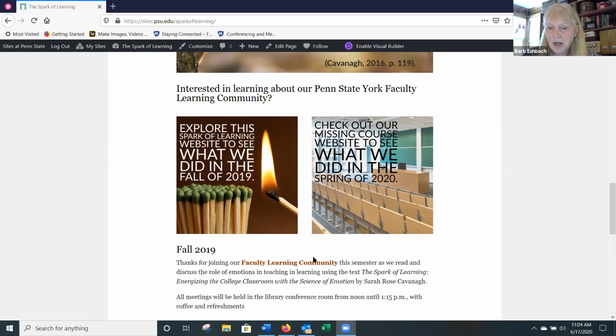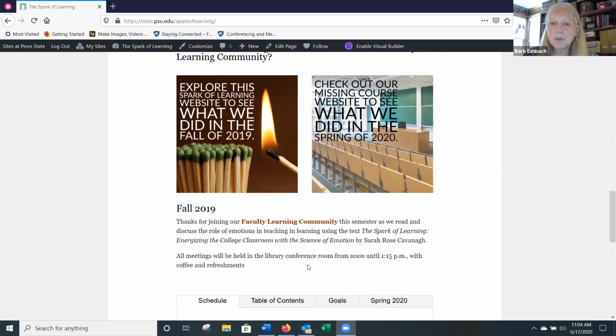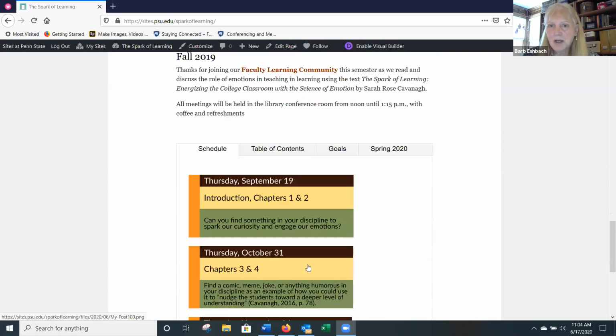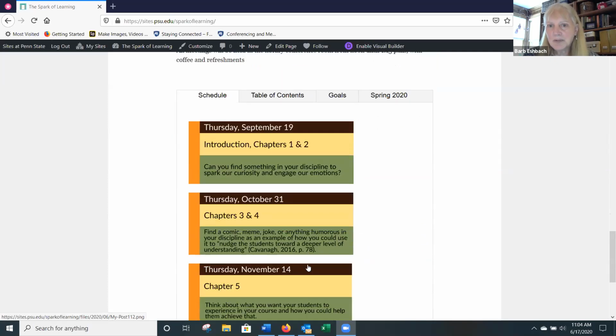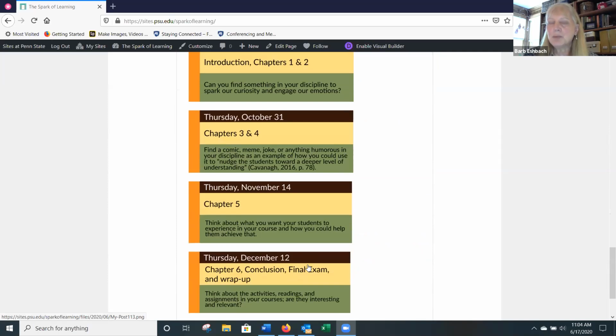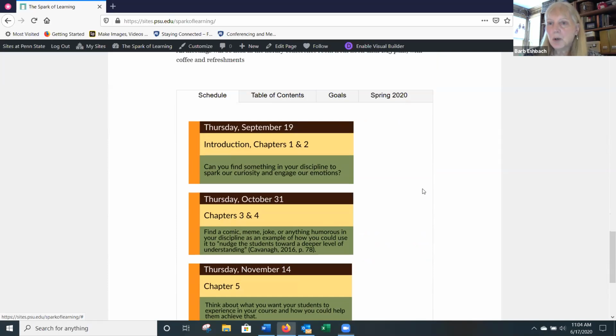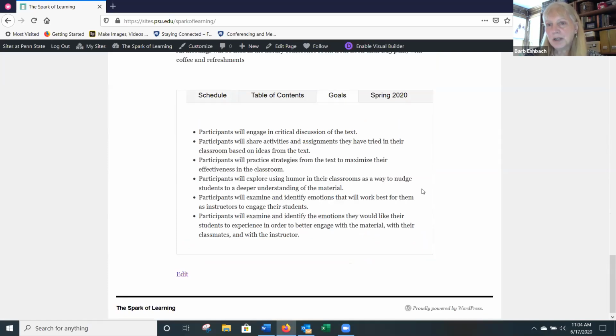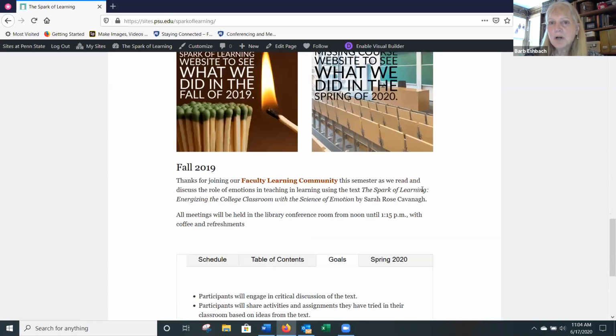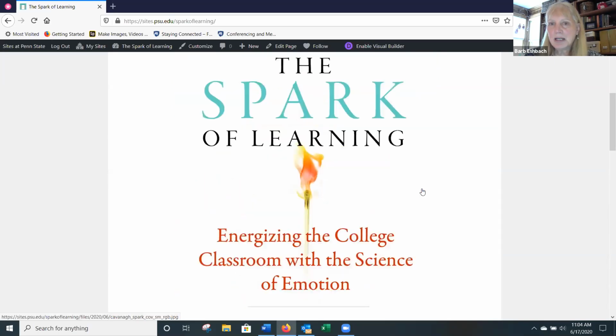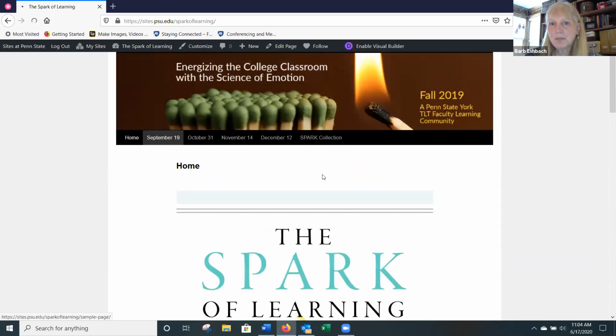What I'm going to focus on, well, I'll give you a brief overview of this website. So you'll see the schedule for each of the 4 sessions where we met in the fall. There'll be questions that people were to think about before we came together. Sometimes there would be an assignment to do. You can see the goals that we had for this learning community. And then across the top of the website, there's a link for each of the 4 times that we met